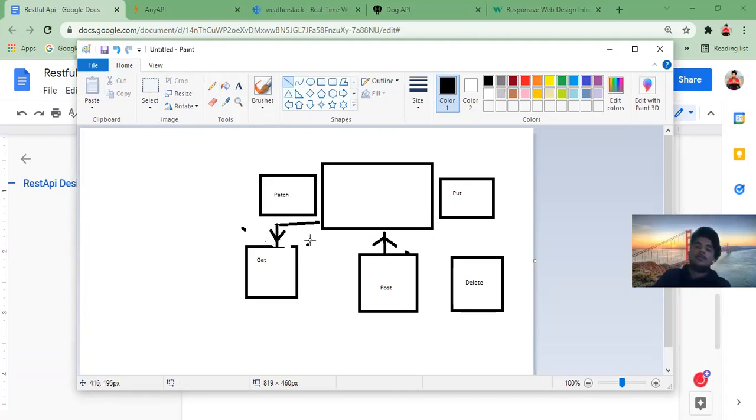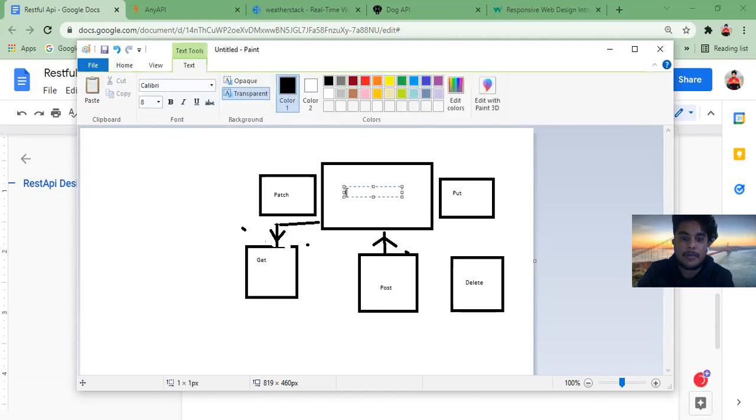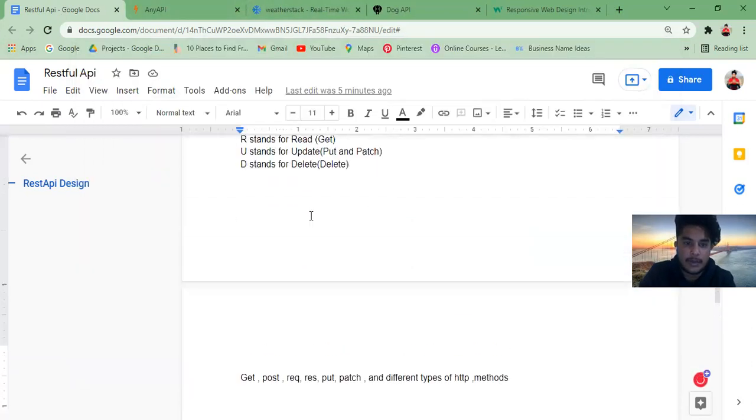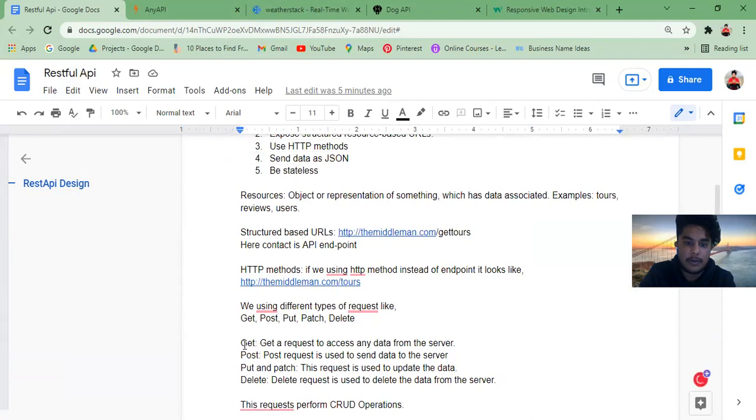Now firstly mentioning the name here and exploring this. What is this? This is a server. When we are using a get request, what is get? A get request is to access data from the server, which means